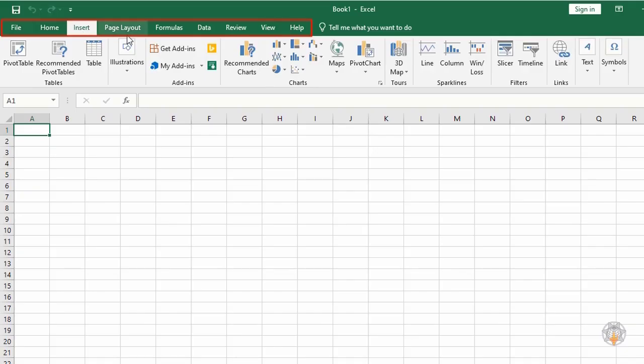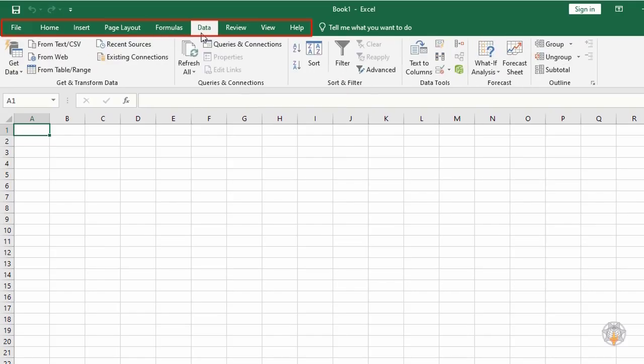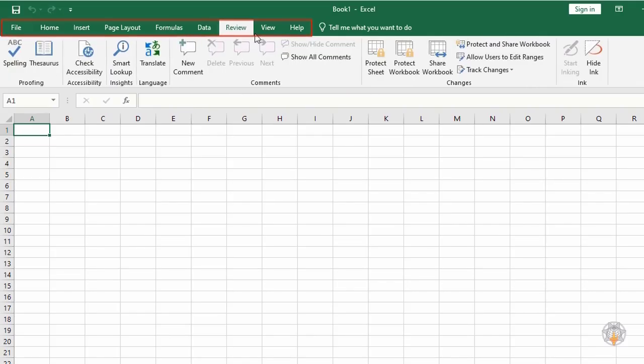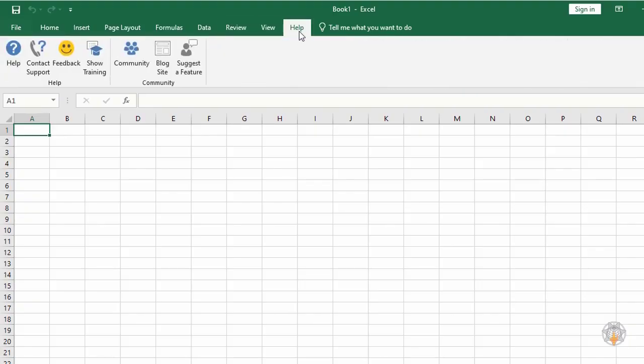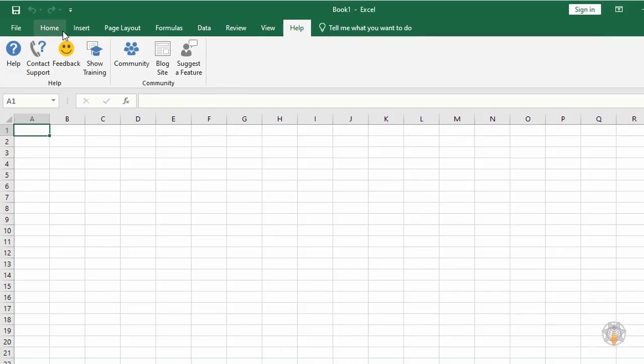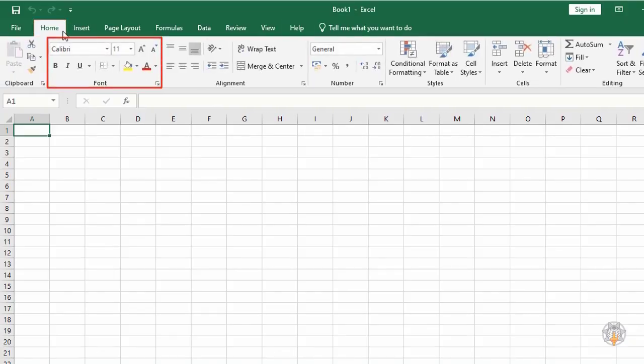Clicking the tab name displays different commands. If you see all the commands at one time, you will probably get confused and not know how to get the command you are looking for. The tabs are designed to show you just the commands you need to complete the task at hand without overburdening you. Within each tab, there are groups that contain logically related command buttons.